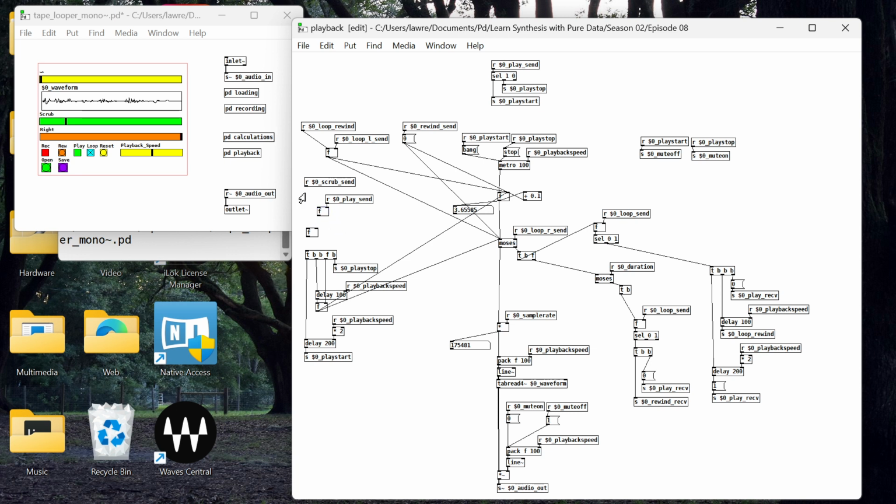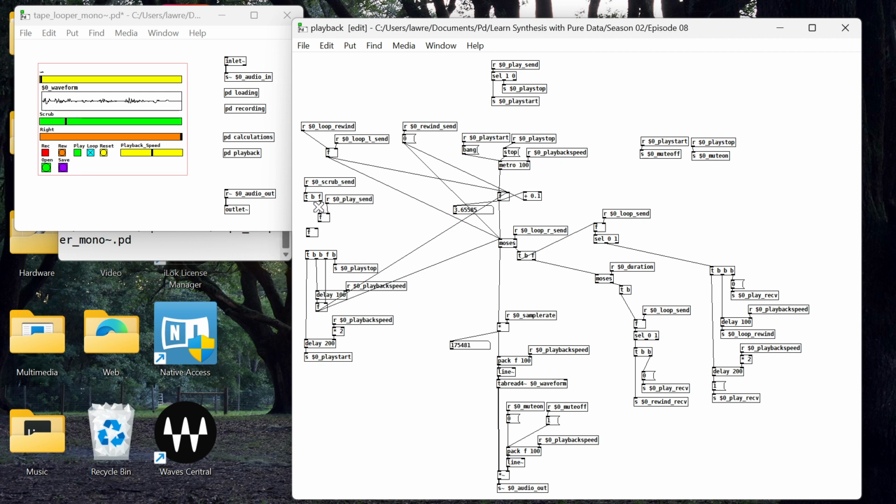Now, when something comes out of here, we're going to trigger the float, the number that's coming out. That's the scrub value. We're going to allow that to pass through into the right inlet of this float box. But a bang will also happen here. I'm wondering, actually, maybe I should reverse these. T, B, F, because we want to make sure the number